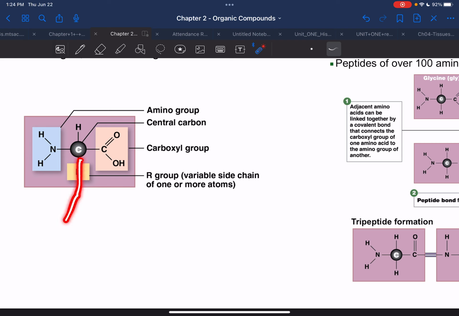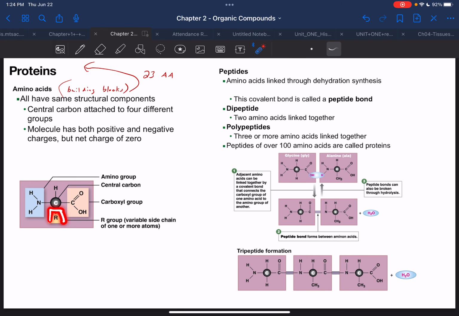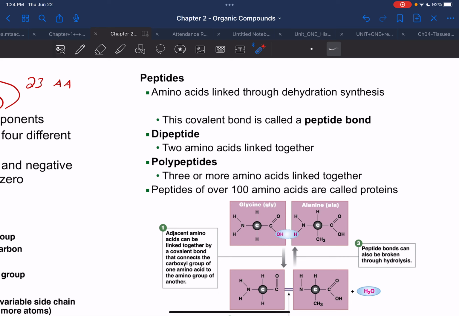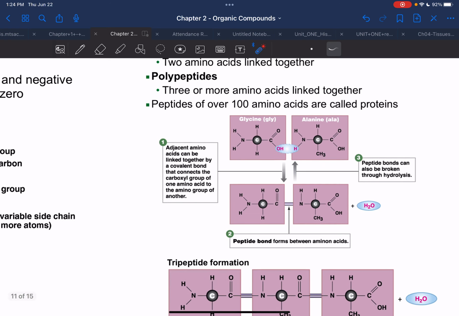And sometimes they just have much more complexity that we don't enter in this class. But that's what really makes them unique, is this R chain. It's what gives every single one the ability to manipulate the shape of something in its own way. And so the relevance for today is that when we form a bond between them,